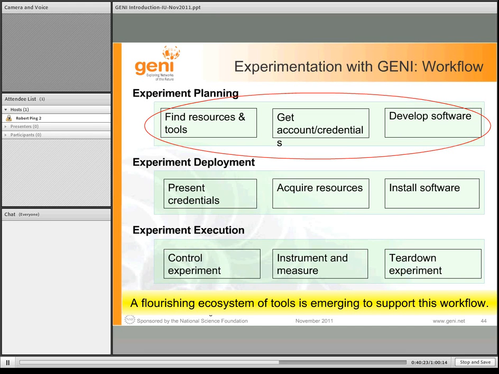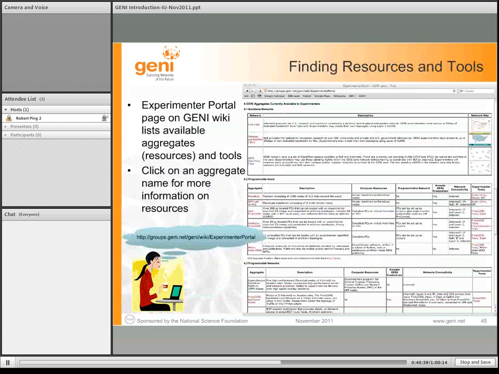So I'm going to talk a little more about what happens in each of these boxes, what tools you might have. And there is a growing set of tools to support different parts of this workflow. So starting with experiment planning, so first you want to know what resources do I have access to, what resources does GENI have. The place to start is there's something called